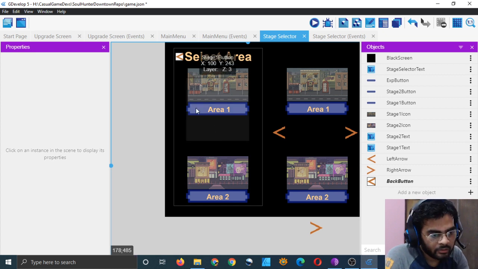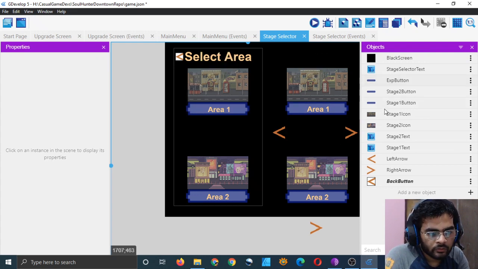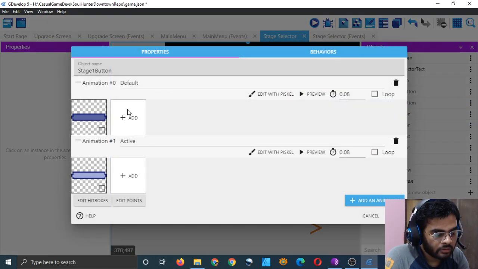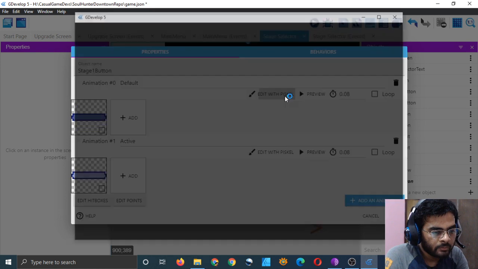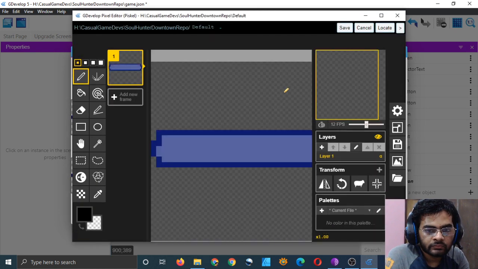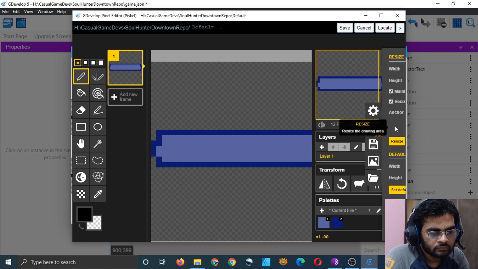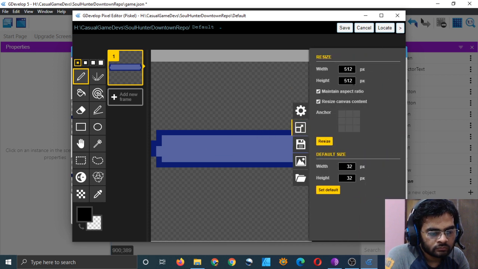Let us change the size of the sprite. So go to, which button was it? Stage 1 button, and I have to edit both of them. Edit with scale. Now height is 512 as well, but I don't know how many pixels are here.